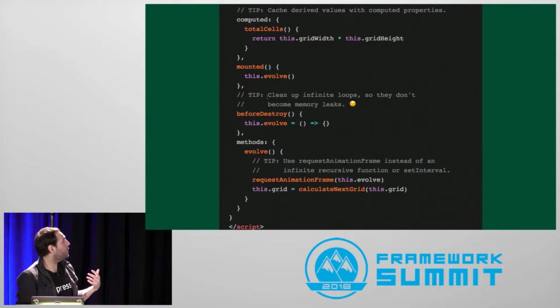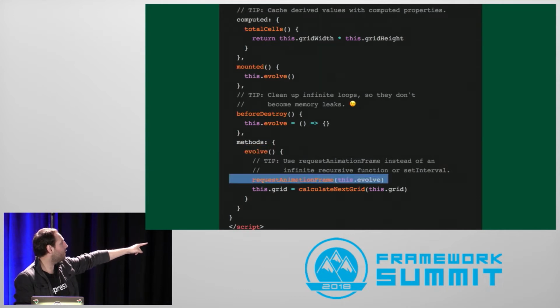When you have an infinite loop, where you are constantly recalculating the grid, I also recommend cleaning up after yourself so that these infinite loops do not become memory leaks. So here, before this component is destroyed, I set this evolve method to just a no-op, an empty function, so that it stops calling itself through request animation frame, which